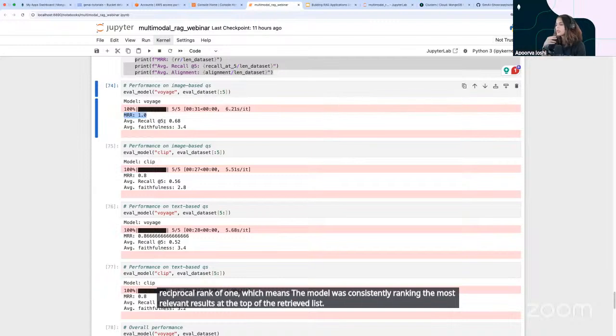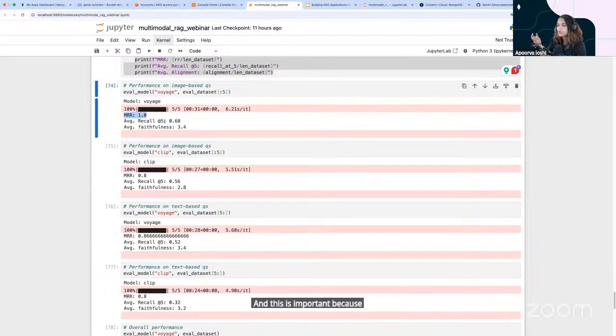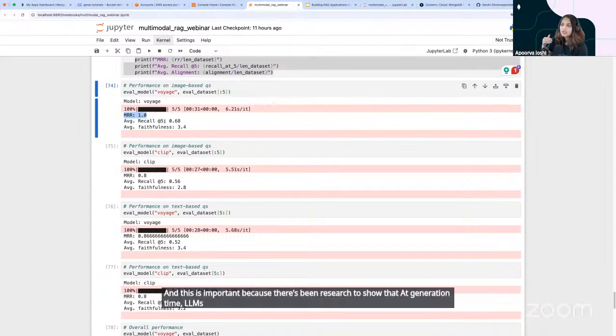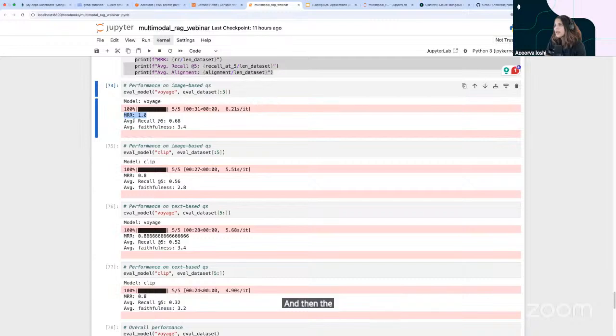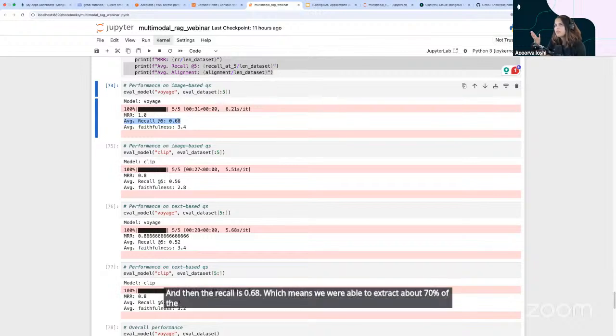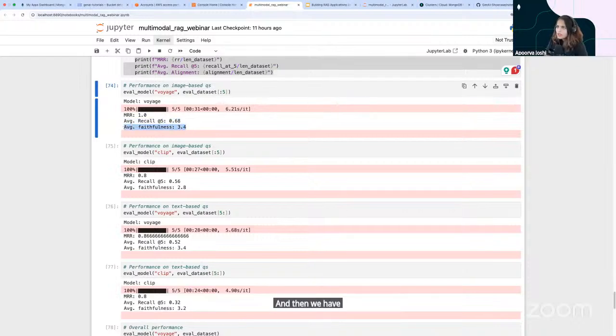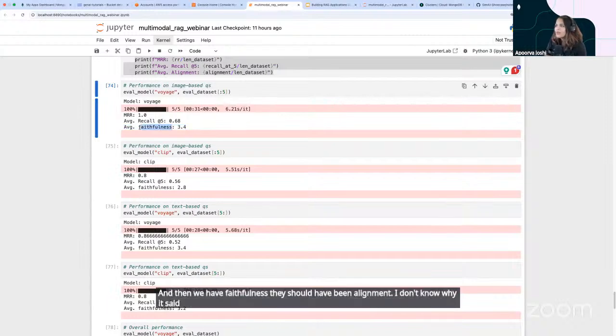And this is important because there's been research to show that at generation time, LLMs focus on information that was given to them earlier rather than later. Then the recall is 0.68, which means we were able to extract about 70% of the most relevant pages in that top 5 list. And then we have faithfulness, or this should have been alignment. I don't know why it says faithfulness. But anyway, the alignment is 3.4, which means